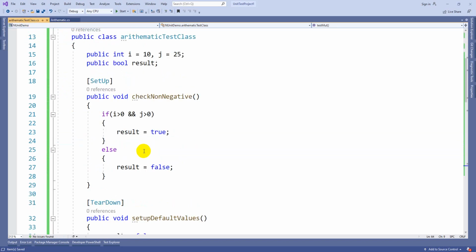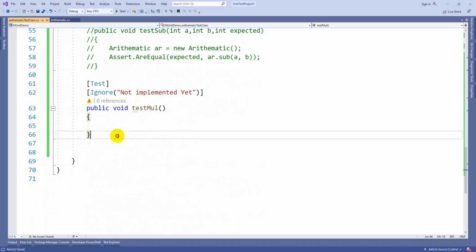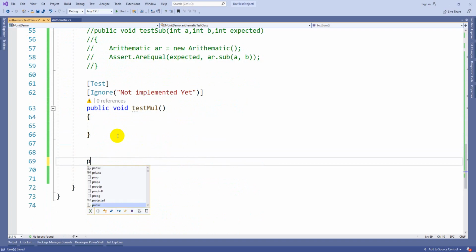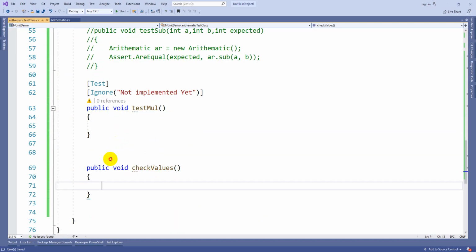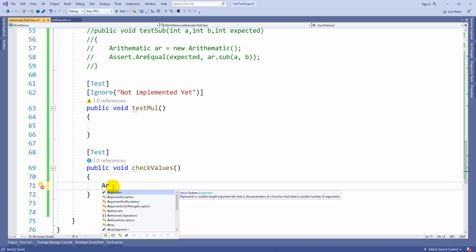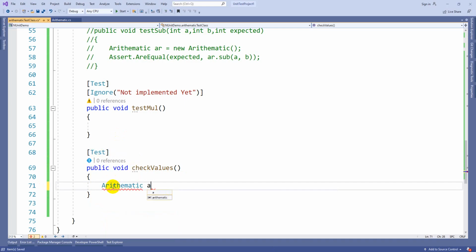So here, public void CheckValues. Here I am going to use Test as it is. Here I am going to create an object for Arithmetic.